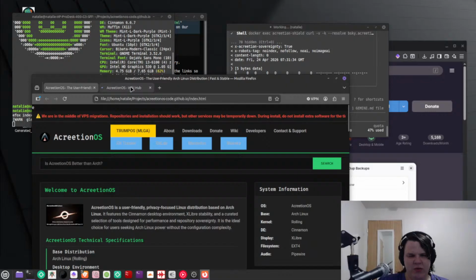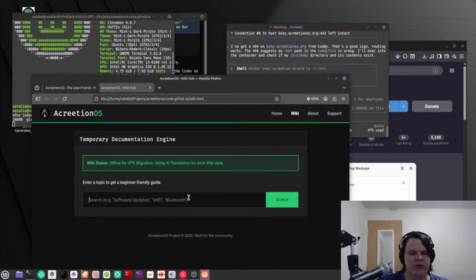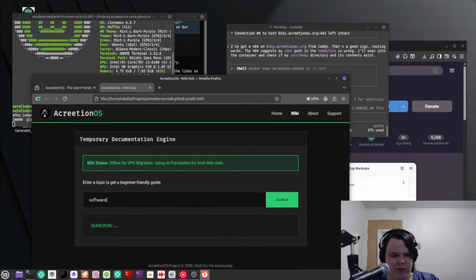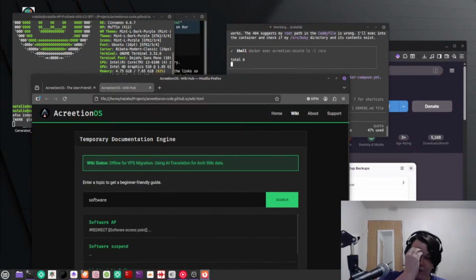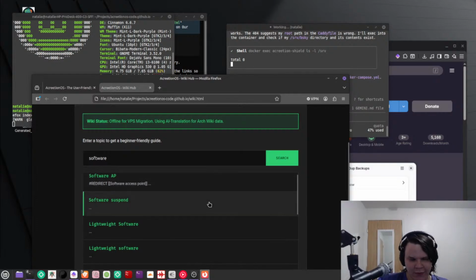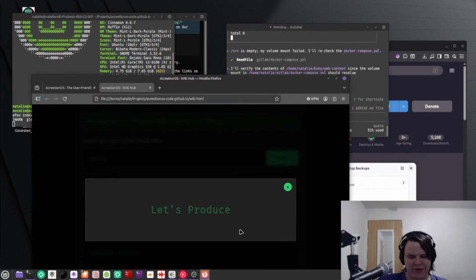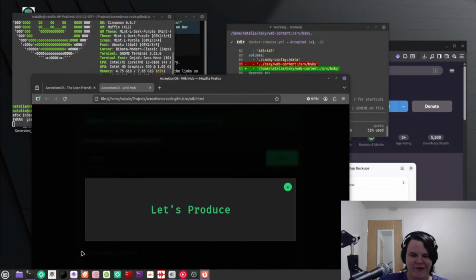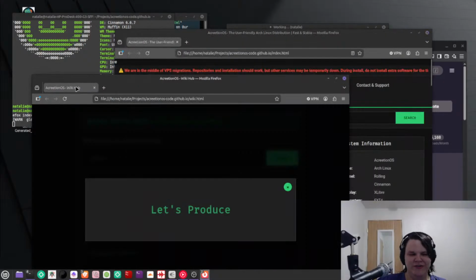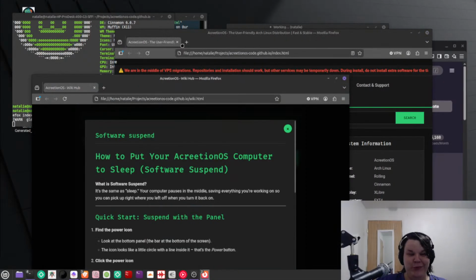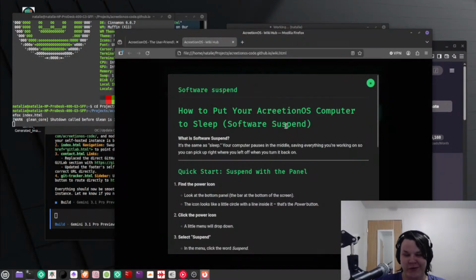Where's the wiki we can point it to? That's right. So this is actually super cool. Let's say you want to do software. It's actually pulling all the information from the Arch Wiki, but it goes into an AI on the back end, and it gives you a general summary and explains what everything is and how it works. I'm proud of this one. I'm not gonna lie to you. I have no reason to write a wiki after this.